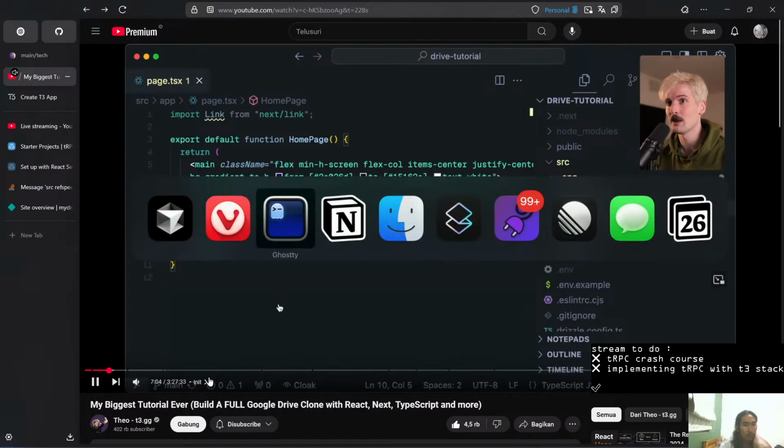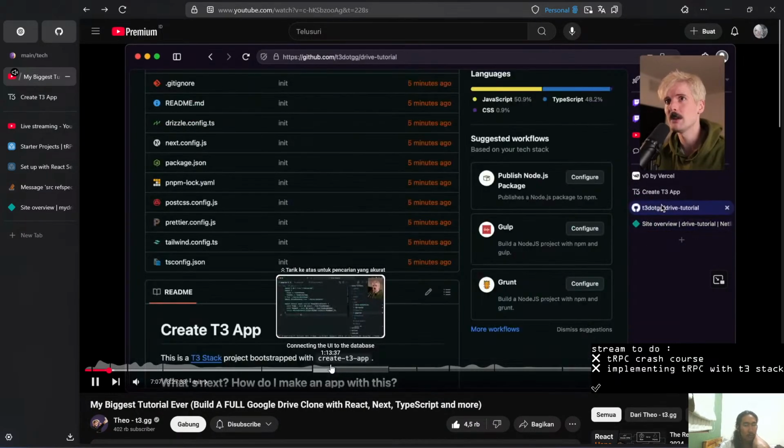Also, if we make pull requests because we want to try out new things or you're working with a team, all pull